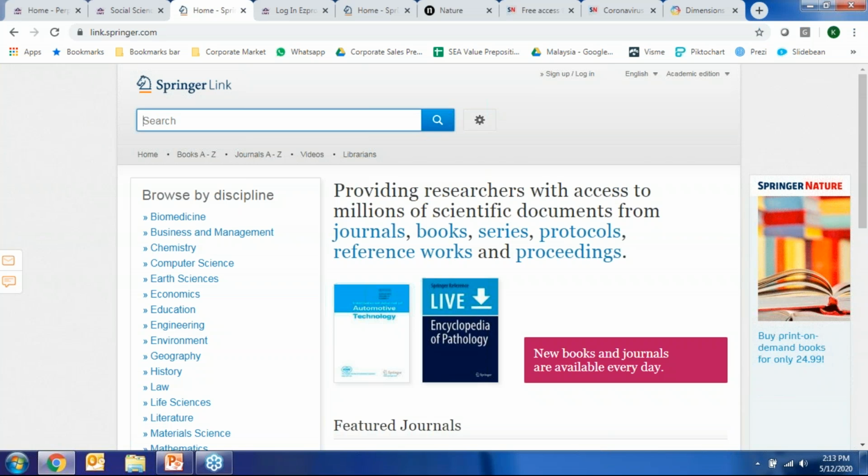So this is where I think most people typically start when they come to the platform. They would just go ahead and enter the search terms which they are interested in. But I always caution that this is not necessarily the best strategy to use unless you already know what you're doing and you understand how the platform utilizes those search terms to look for the right kinds of manuscripts or chapters that you are actually really